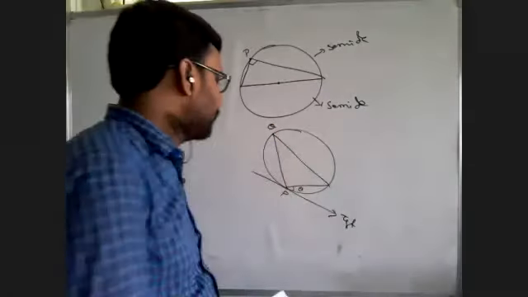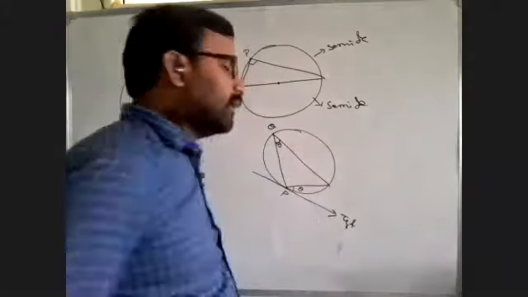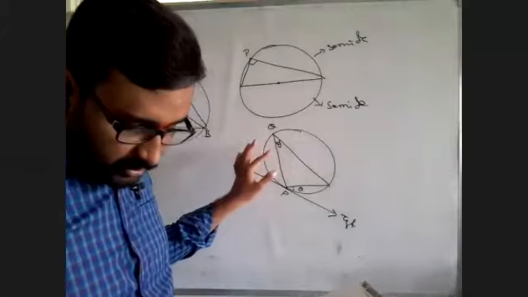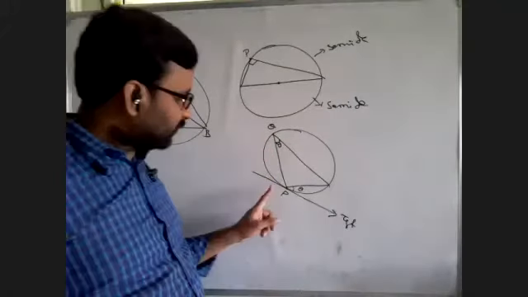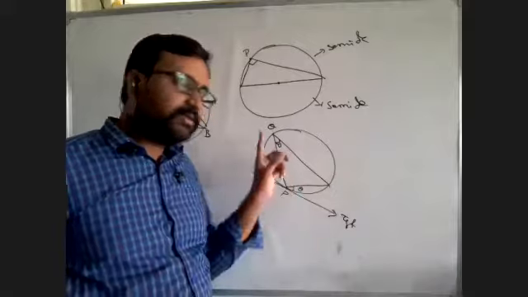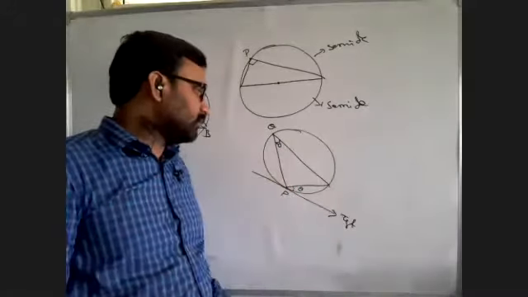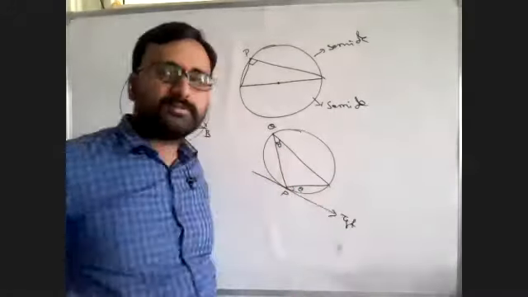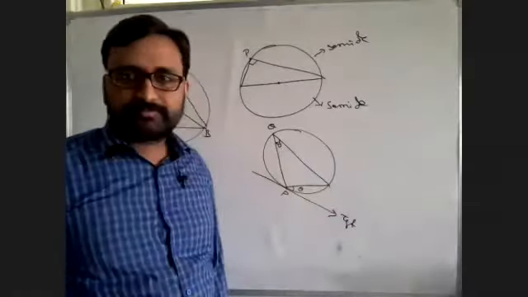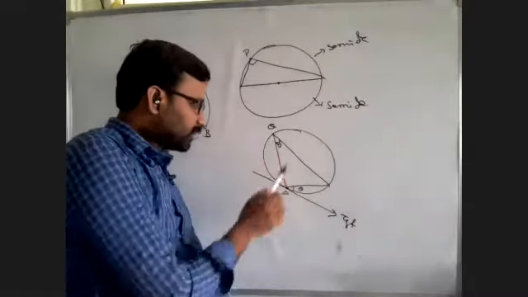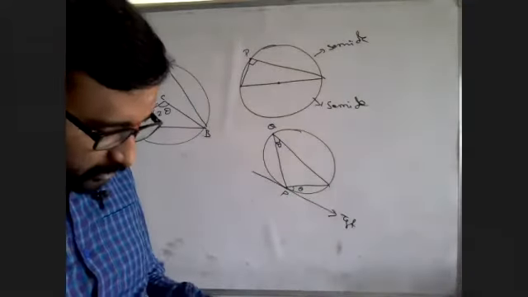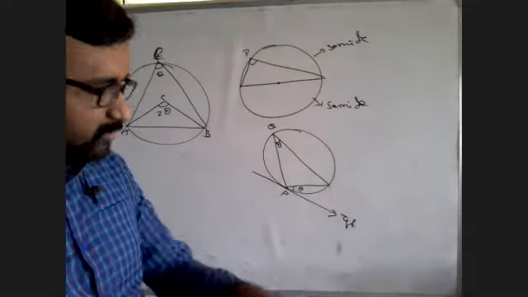this angle subtended at any point on the circle is equal to the angle made by the chord and the tangent. These two angles are equal. Remember this also. So, when you take a point with a chord and form a triangle, the angle at this point and the angle made by the chord and tangent here, those angles are equal. And next, one more.